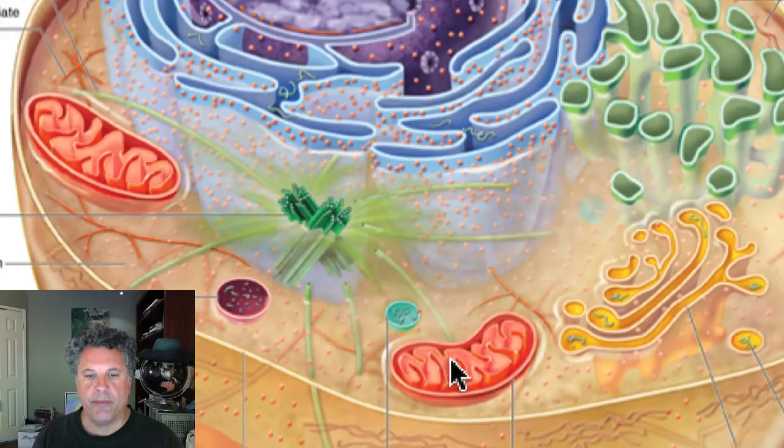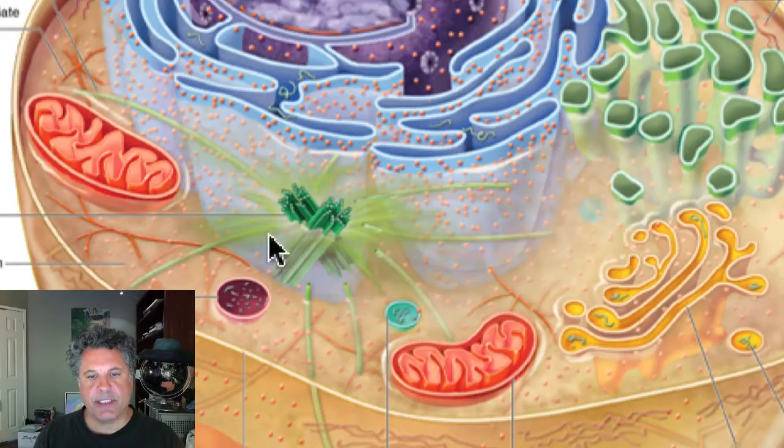We have mitochondria. We have numerous mitochondria. There are thousands per eukaryotic cell, and these are double membrane bound. They are the sites where oxidative phosphorylation takes place in the production of ATP, the energy currency of the cell. So really the mitochondria are the energy factories of the cell, and we'll be talking a lot about them. There are other membrane features, something called a lysosome, which is involved in degradation of proteins or foreign substances. We have a peroxisome, which is involved also in degradation of certain molecules.